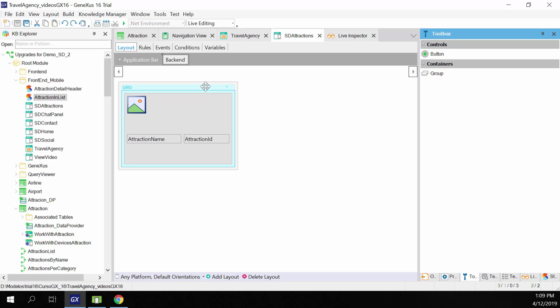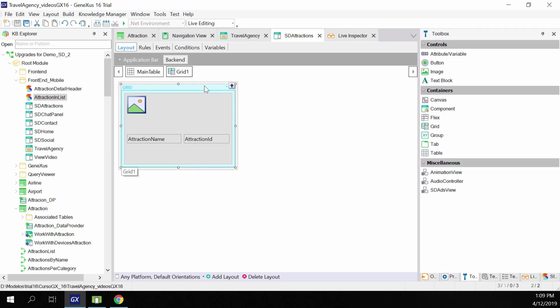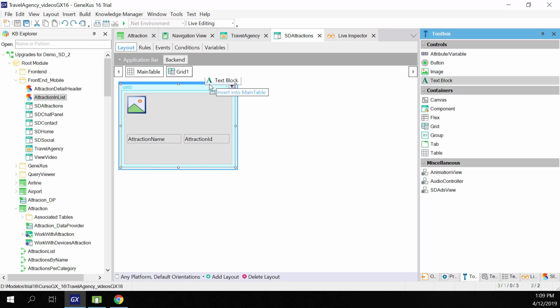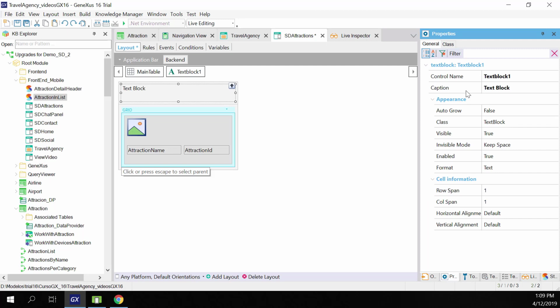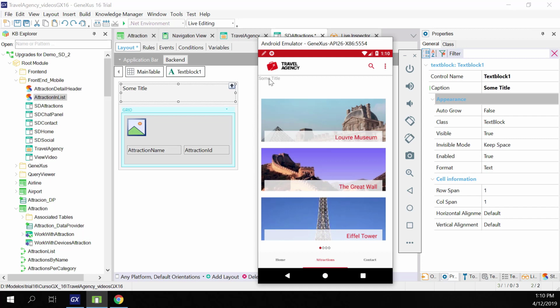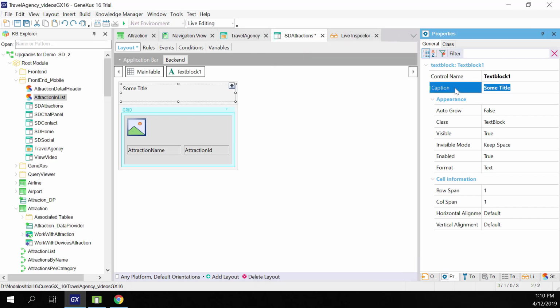So, for example, we could also add a text block in the layout, and we'll also see it automatically using live editing. In the caption, we'll enter some title and go to the emulator, and there we see it directly. We'll change the title to Attractions,